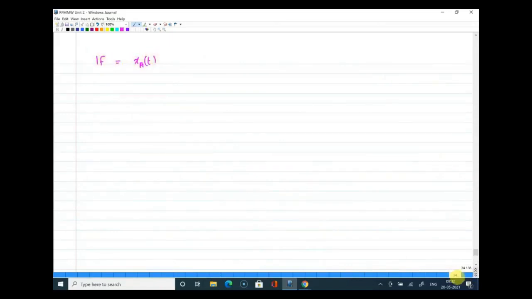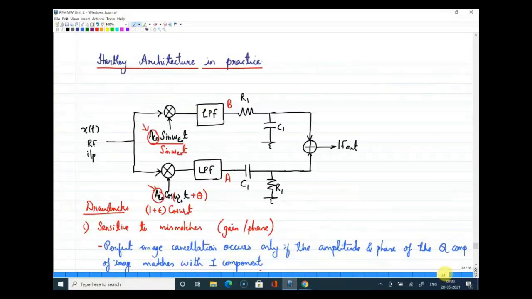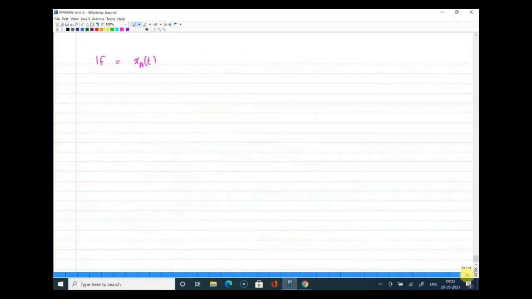Whether you guys got this, these three expressions, whether whatever I have written is right. Sir, RC network provides 45 degree or 90 degree phase shift, sir? Together it is giving you 90 degree phase shift. So it can be included in any arm, sir. No, upper arm. I have taken that to the B arm. Sorry, I think I have taken it to the upper arm. Yes. All right. So in that case, this is right.